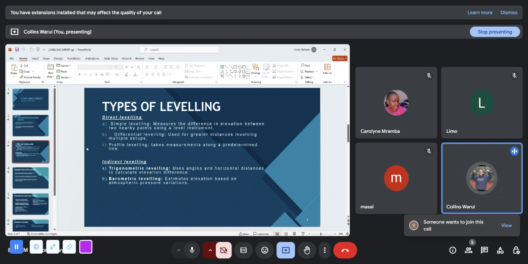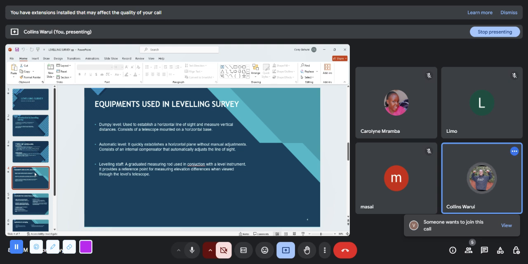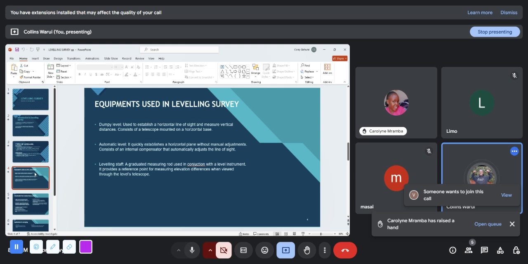Now, the other part we're going to check is the equipments used in leveling survey. There are many equipments used, but this time we're going to dwell on only three. Dumpy level, which is used to establish a horizontal line of sight and measure vertical distances. It consists of a telescope mounted on a horizontal base. Another equipment is the automatic level. This one quickly establishes a horizontal plane without manual adjustments. It consists of an internal compensator that automatically adjusts the line of sight. The other one is leveling